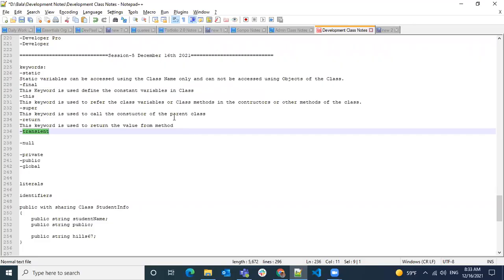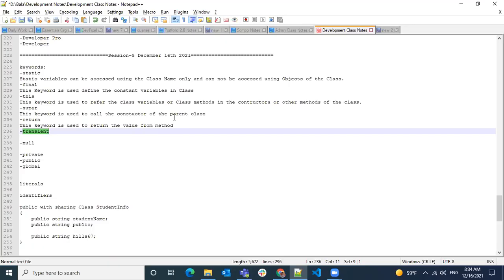While using a Visual Force page, we have a concept called view state. The view state is used to store the values temporarily while we are in the page. Let's say the page is loaded, some operation happens, and when we click, it goes back to the Apex and comes back to the page.